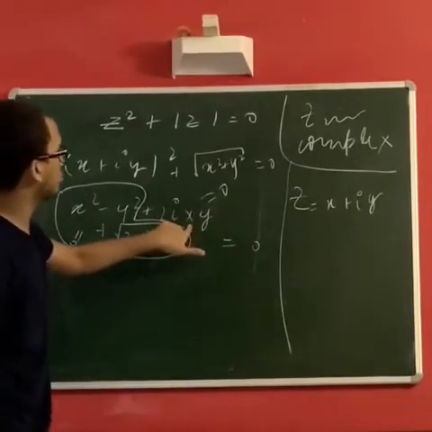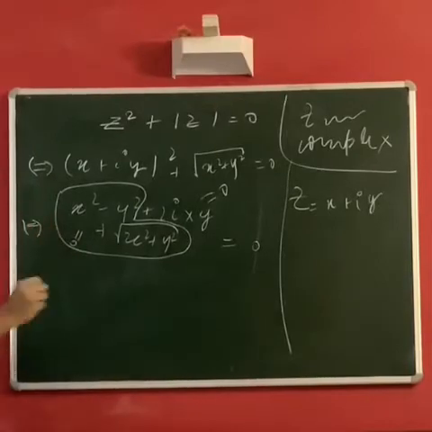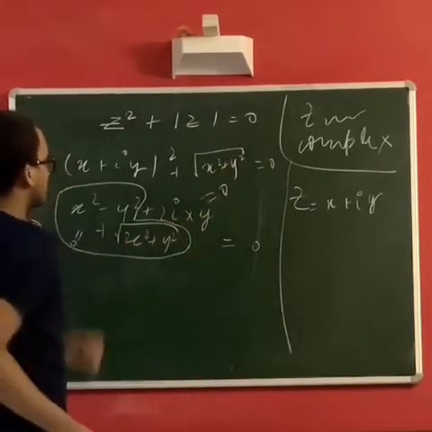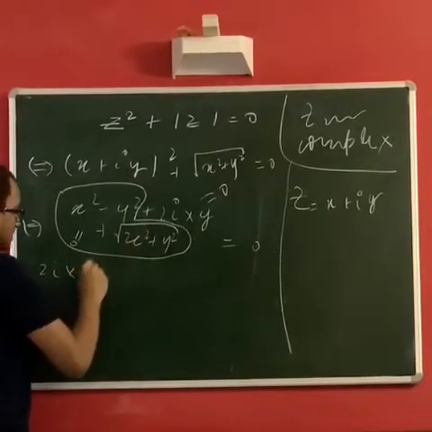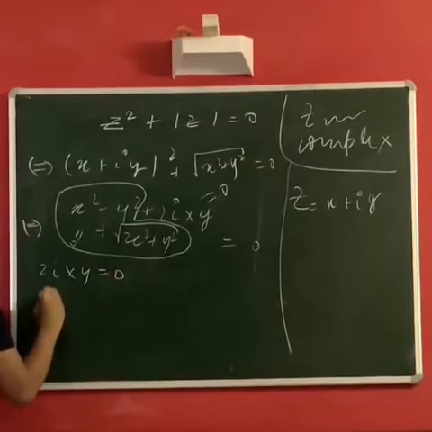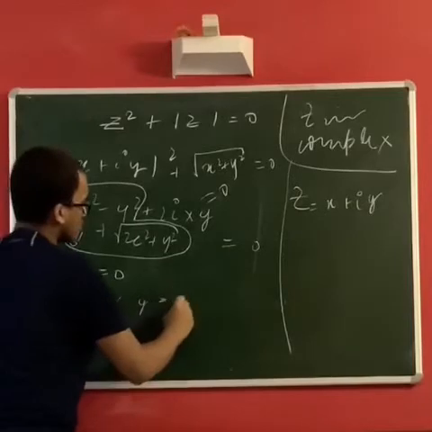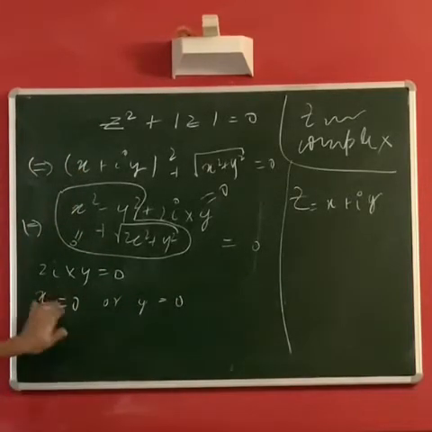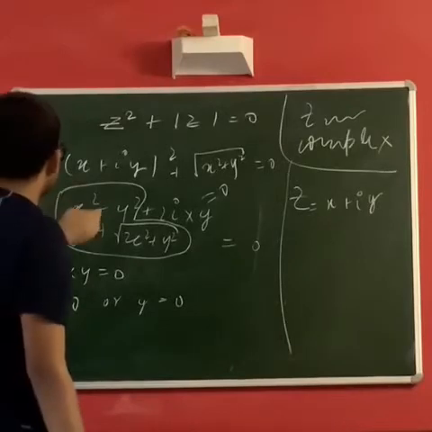Let's just use this fact first because, as you solve more problems, you realize that xy equal to 0 means you can make better use of that statement. So 2ixy equal to 0 gives us either x must be 0 or y must be 0. At least one of these must happen. So let's assume x equal to 0. If you assume x equal to 0, in this equation, what can we say about y?